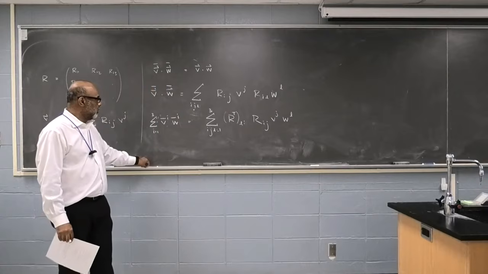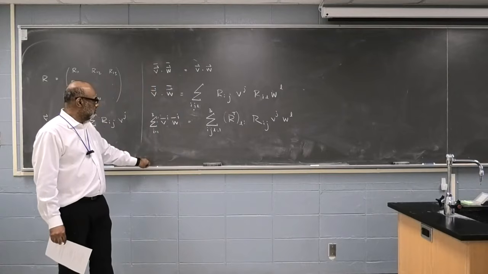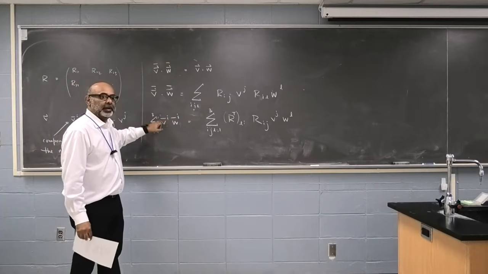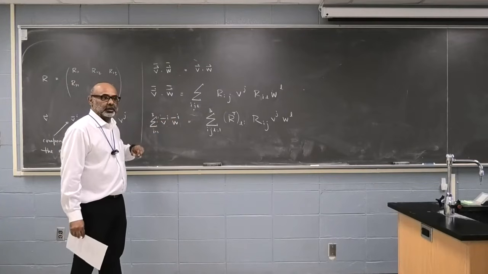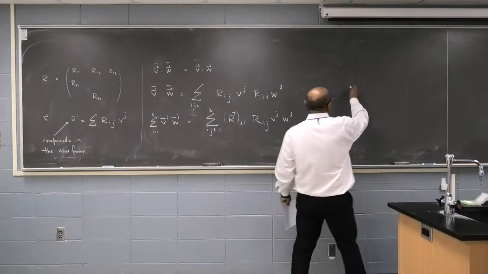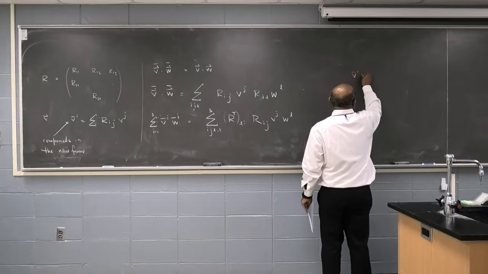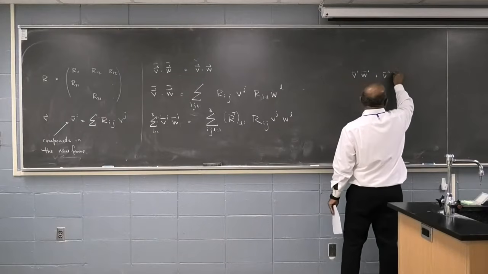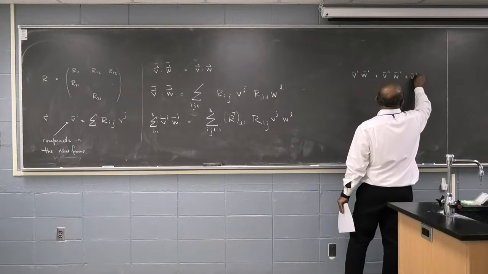Over that first summation on the bottom row, is that a bar or just the vector? The components of the vector in the bar coordinate. Okay. So really what I mean by that is V bar 1, W bar 1. It's a dot product, right? V bar 2, W bar 2. V bar 3, W bar